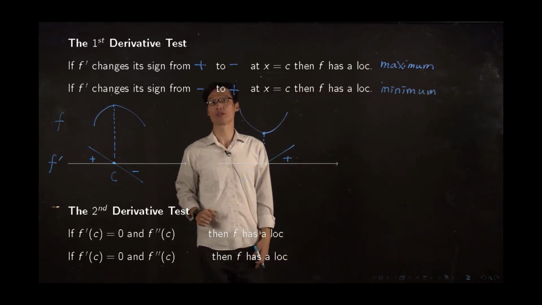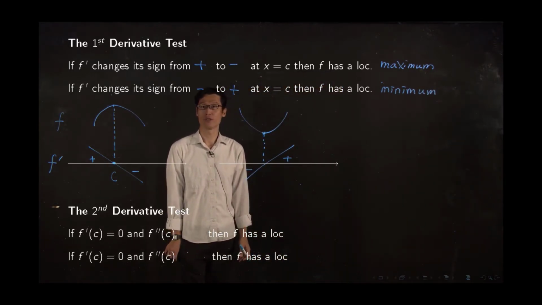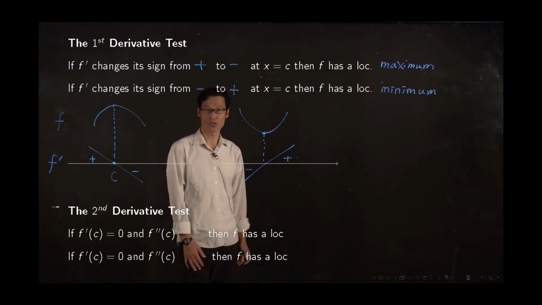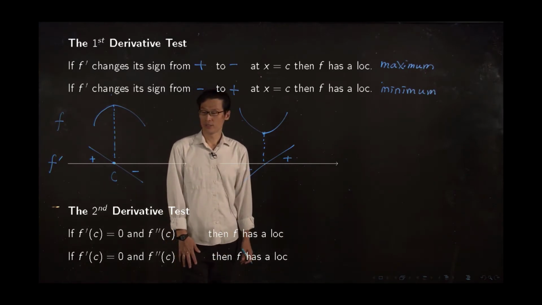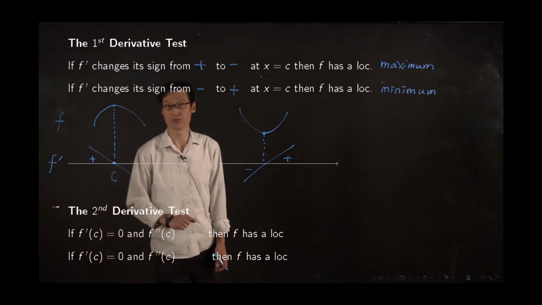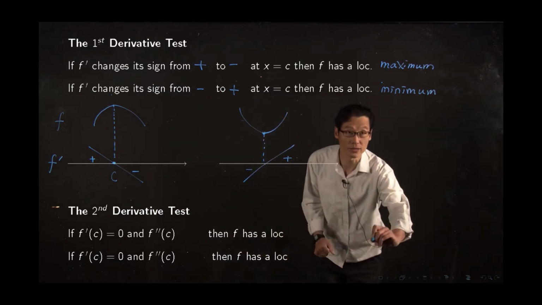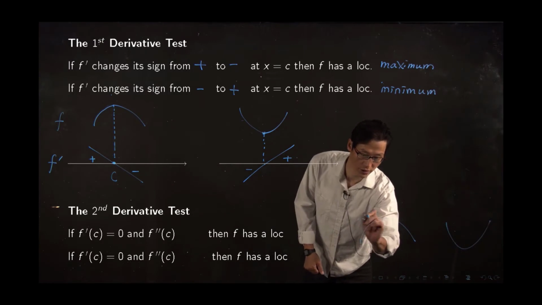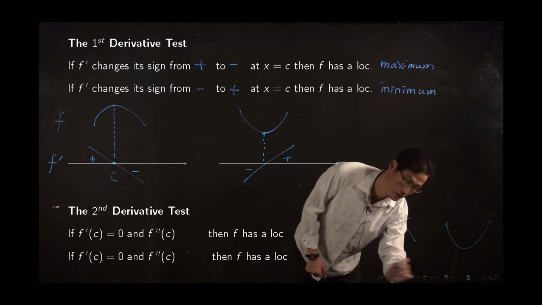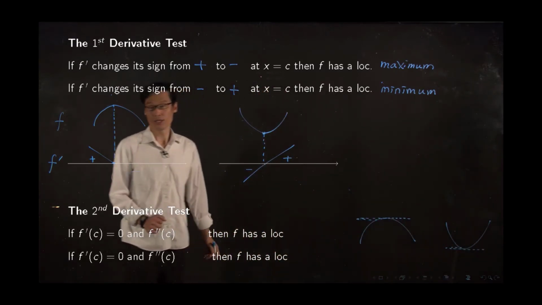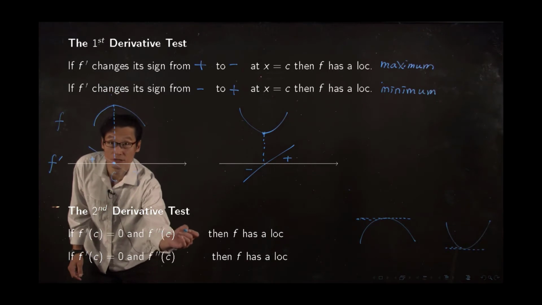So that is our first derivative test. So the sign of f prime tells you where your original function has local maximum and minimum. The second derivative test is also a good, very useful consequence from the theorem. Suppose your function has zero derivative, so it has either like this or that. So in order to have zero derivative, tangent lines must be horizontal like this. If f double prime is positive,